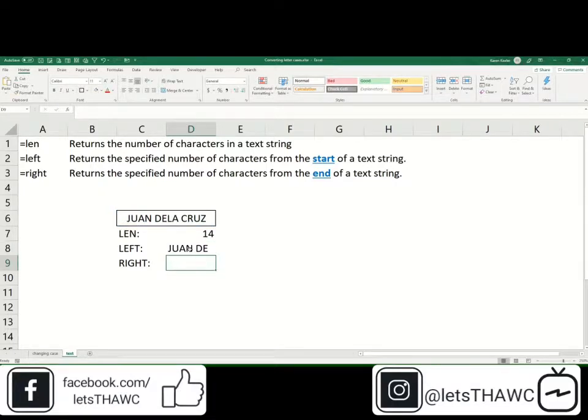So "1" has 4 characters, and then the space would be the 5th, and "DE" would be the 6th and 7th character. Now for RIGHT, it will be counting, or it will give us the characters starting from the right, or from the end of the text string. So if I put here RIGHT, and then the cell reference C6, and then put in 7, I would get